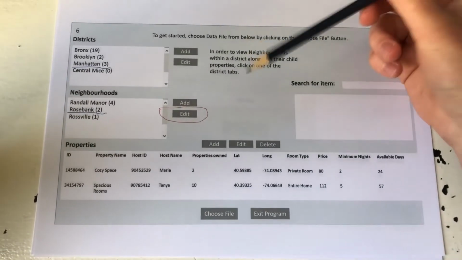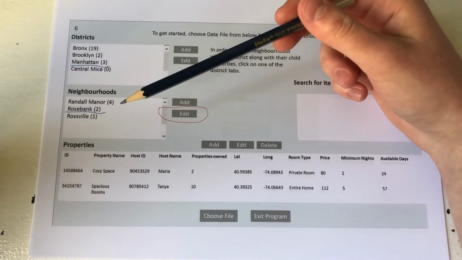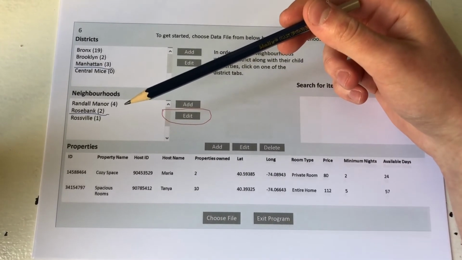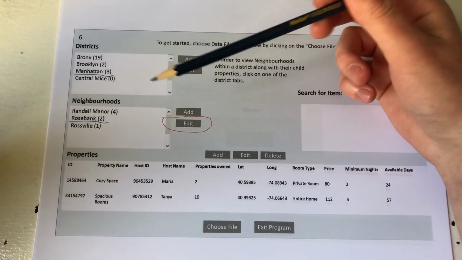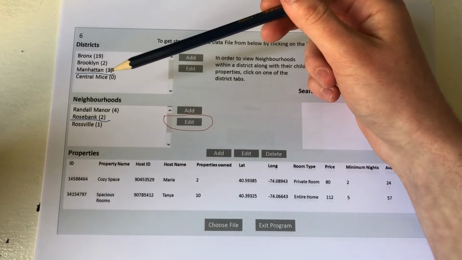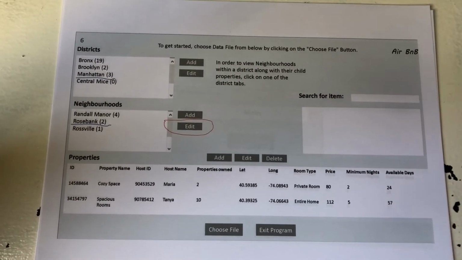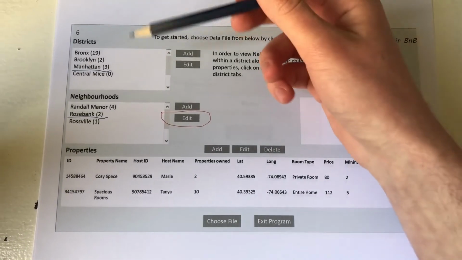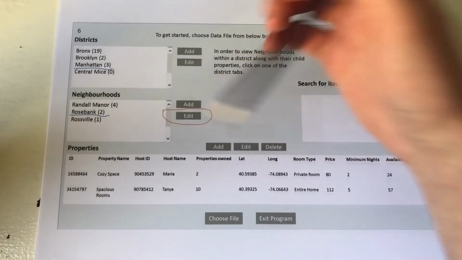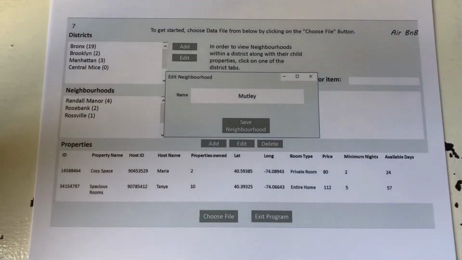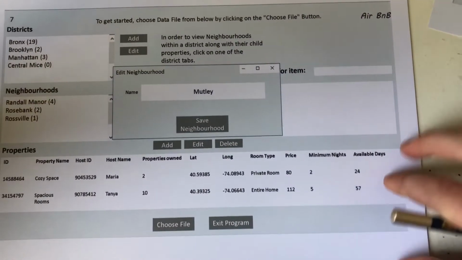So now if we want to edit the name of an existing neighbourhood, again we would edit the selected neighbourhood called Rosebank, which is in the selected district within Manhattan. So I forgot to say that this blue underline represents where the cursor is clicked on within the list box. So if we had clicked on Manhattan, then Rosebank, and then the edit button to edit the name of the Rosebank neighbourhood, it'd then take us to the edit rename neighbourhood GUI box, and then we'd type